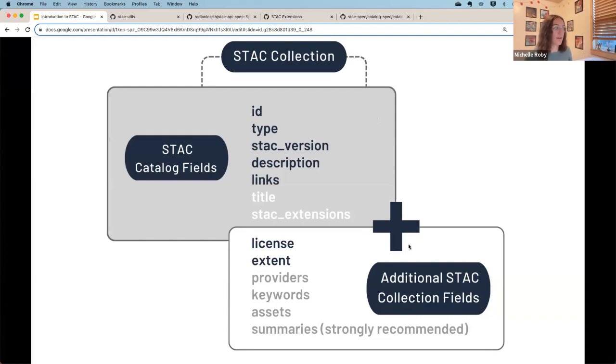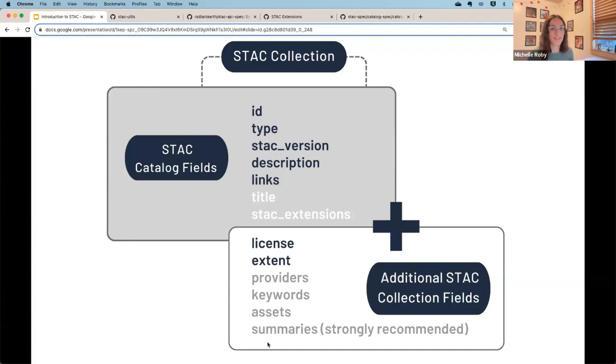Those are required, but then here in gray, we can see additional fields that a STAC collection could have. So the providers of the data, keywords that describe that subgrouping of the data, and then the assets that are included in that data.